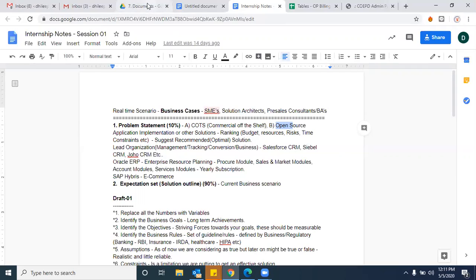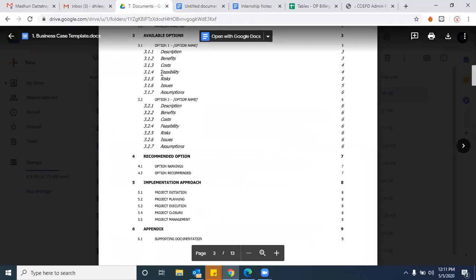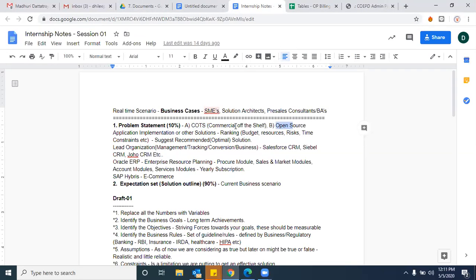And in a similar way, we also need to identify the other versions, feasibility, and issues or assumptions. All these things we can consider, and those parameters will tell you which solution will be optimal, because the client is always looking for fewer risks. Even budget is a concern, but ultimately the client is looking for fewer risks, so that he doesn't have any influence from external sources, right or wrong?